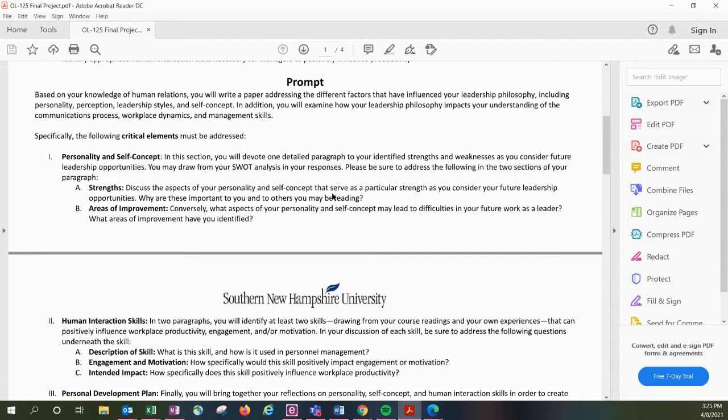So essentially, you're just going to be pulling from what you did in milestone 1, putting it here. But you might also want to consider going back and revisiting milestone 2 when we did the SWOT analysis. Take a look at that. What are those strengths and weaknesses that you input into your SWOT analysis? Maybe revisit those, talk about them, dive deep. And of course, you need to have at least 1 paragraph here, but feel free to have more than 1 paragraph. I'm not putting a maximum on how much you should be writing here, but at minimum, it really needs to be at least 1 paragraph, because that's the length that is going to take you at minimum to answer the critical element.